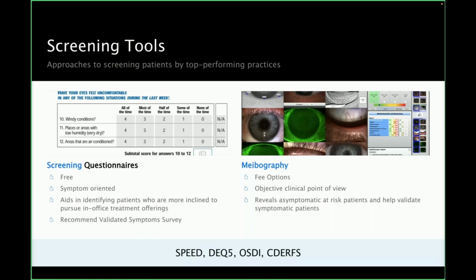And then we have the meibographers who have great patient-facing software, meaning you're taking them through a story. You have all this data that you now have to work with and can really talk to the patient about it. It also will reveal those asymptomatic patients that are at risk. So maybe they don't need IPL right now. Maybe they don't need advanced treatment right now, but you see some signs that that may be needed in the future. You can go ahead and plant that seed and start talking, let them know that this technology is here and it may be needed in the future.